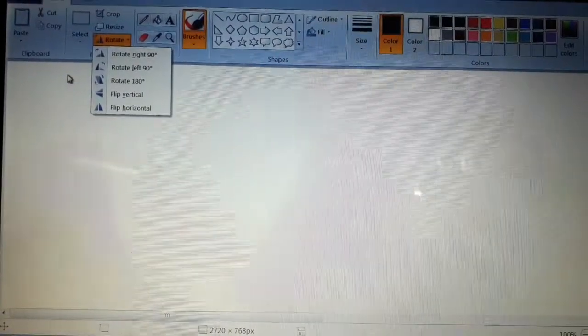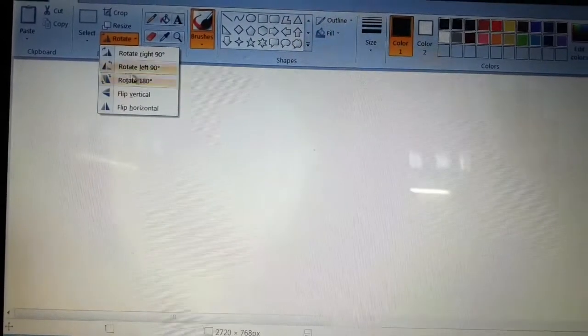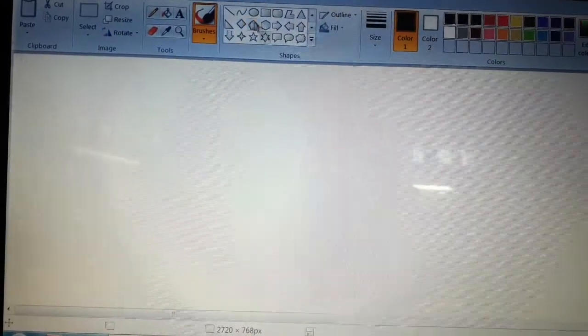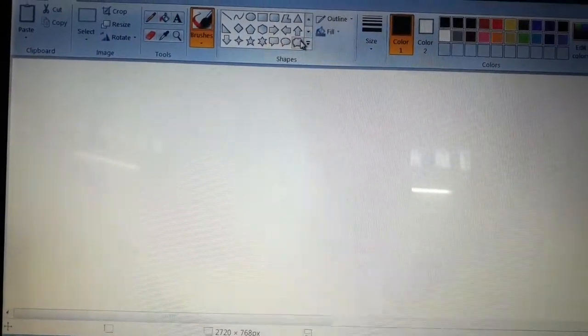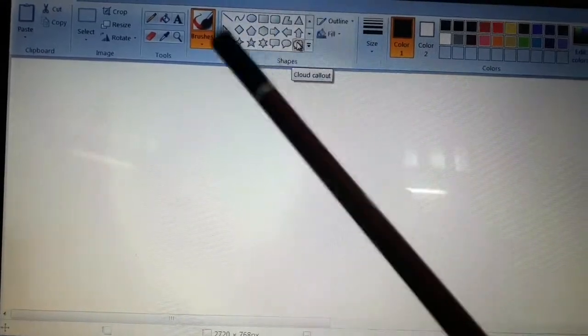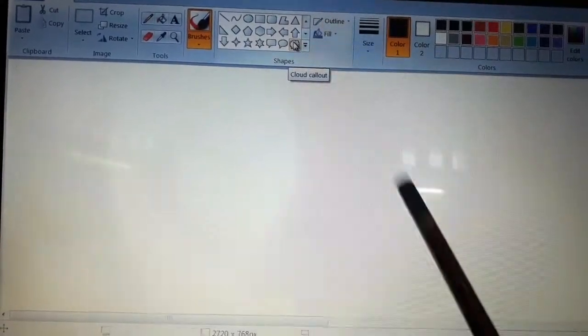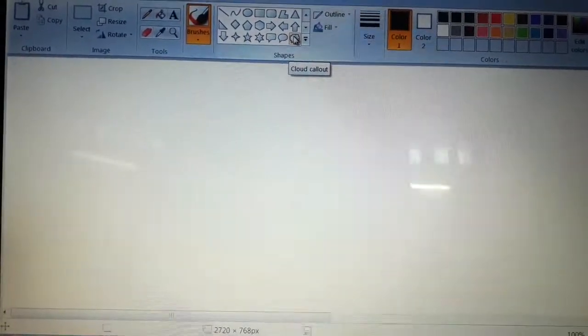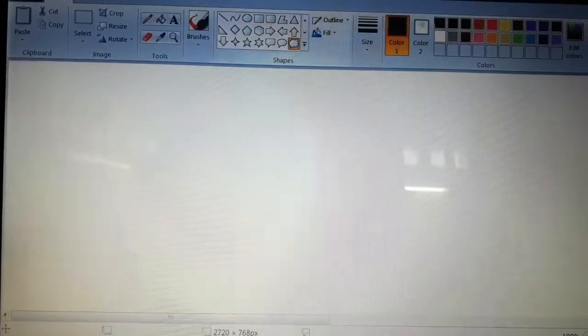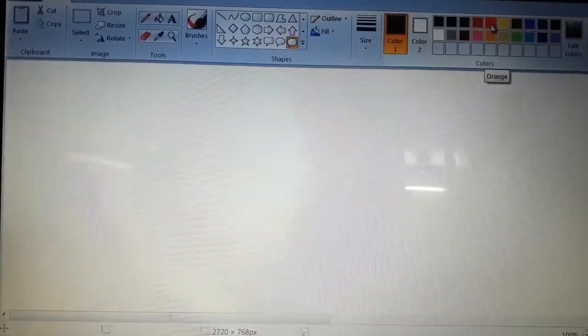See, to draw a call out shape in Paint, first you have to click on any of the call out shapes. See, these are the three call out shapes here. आप देखो यहाँ पर ये आपके तीनों call out shapes हैं. One is the rectangular call out shape, second one is oval call out shape, and third one is cloud call out shape. So you can choose any of the call out shape from here. Choose the color. Yes, click on any of the call out shape from the shapes group.